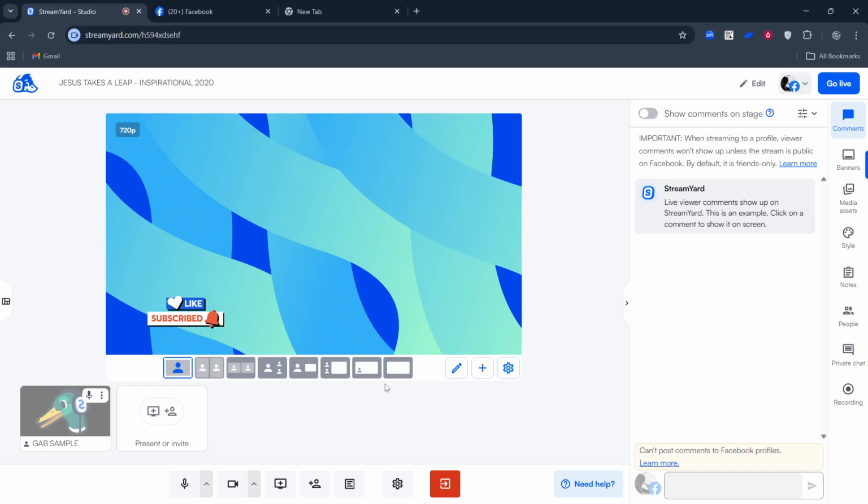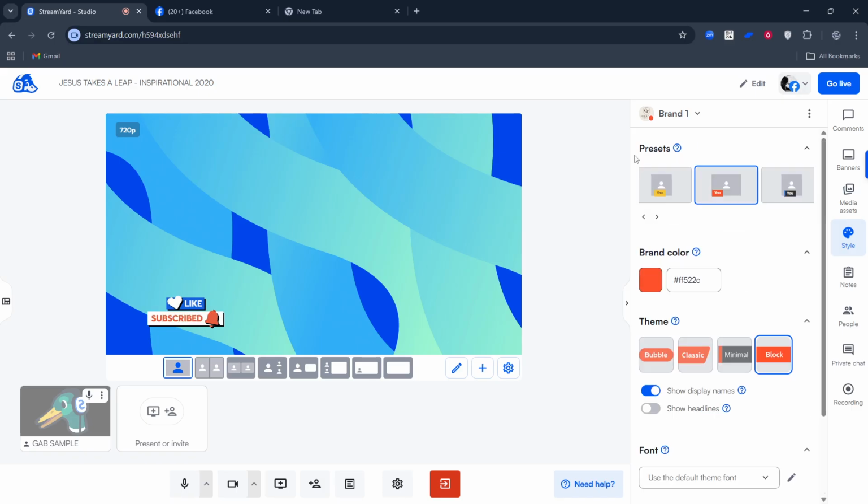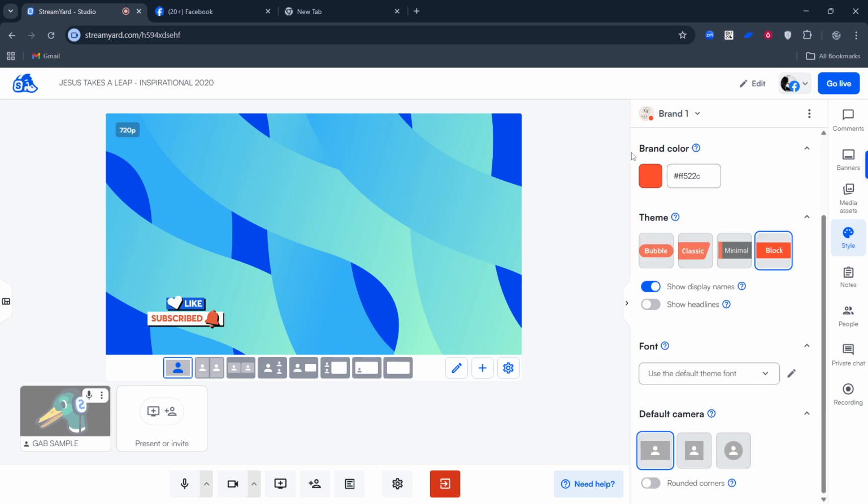That's normal. Next, look to the left side of the screen and click the Style section. This is where StreamYard groups visual settings that affect how your show looks, including themes, fonts, and name displays. The options here are designed to update instantly, so you can safely toggle things on and off and see the result in real time before you go live.